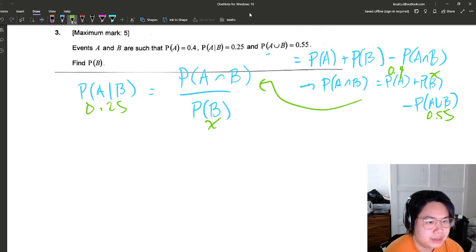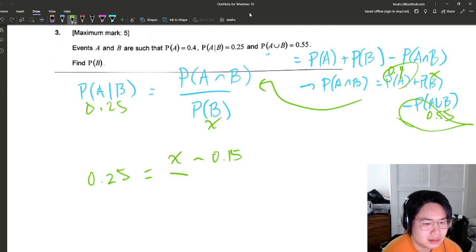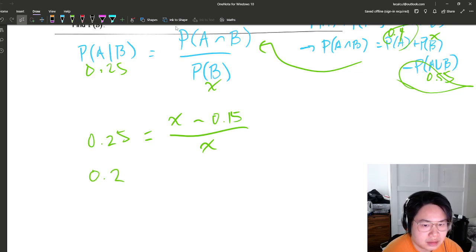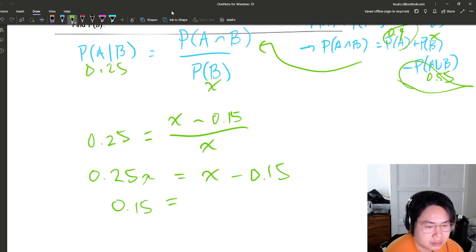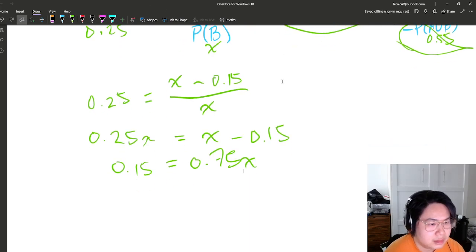So now if I substitute that in here, I'm going to have 0.25 is equal to 0.4 minus 0.5, 0.55 is going to be negative 0.15, I think. And then from here we solve this. So multiply the x over to the left side from the denominator. Collect your x's together, so 0.15 over here, 1 minus 0.25 is 0.75, and then that means